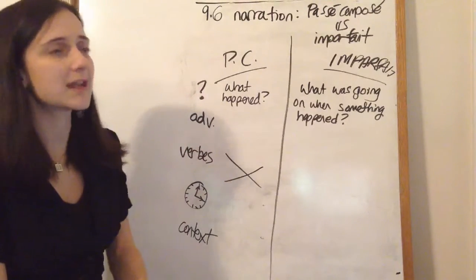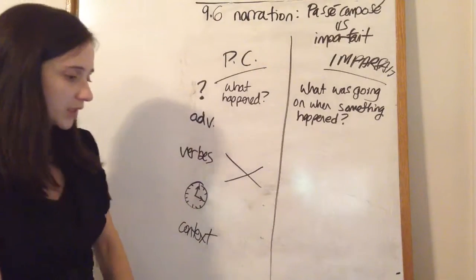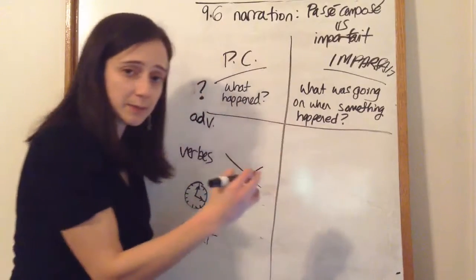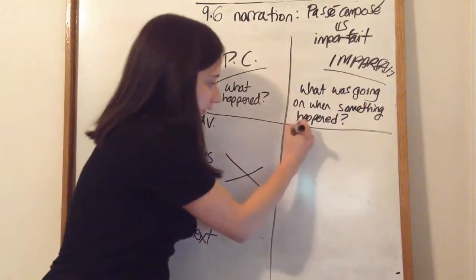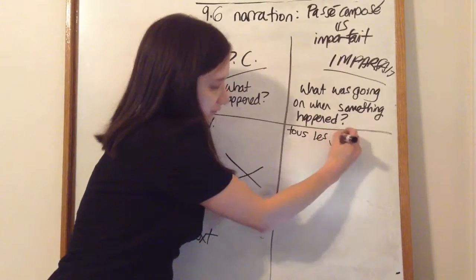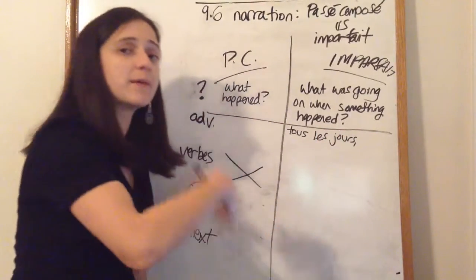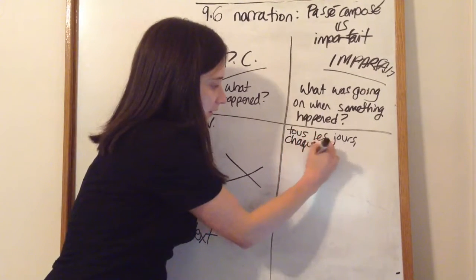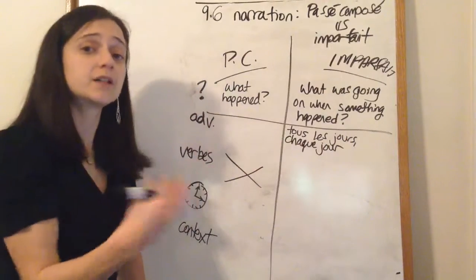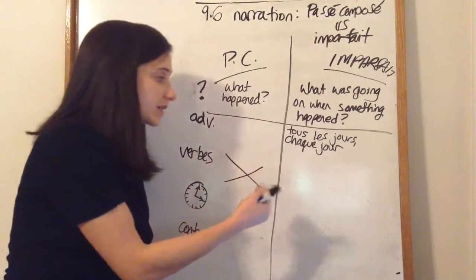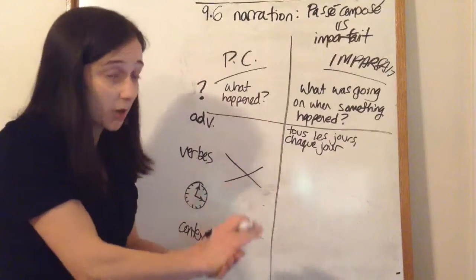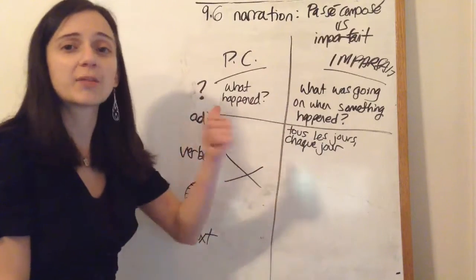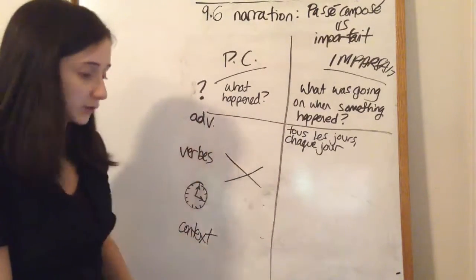Okay, so we have adverbs. This is a clue. It's not always the case, but there are some clues. So for the imparfait, we would have adverbs. Remember, they describe the verb, like tous les jours, every day, tous les matins, every morning, chaque jour. Because remember, the imparfait is describing habitual actions. And so if we're saying every day, chances are we're going to be describing something that was a habit. Chaque jour, each day, chaque matin, each morning, chaque mois, each month.